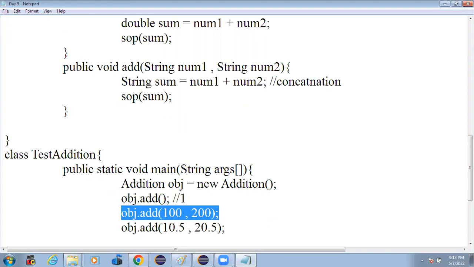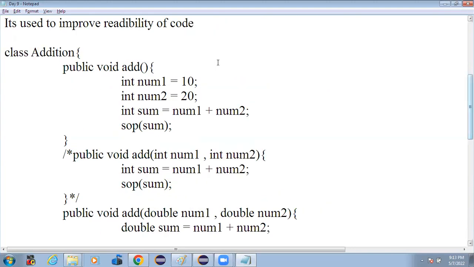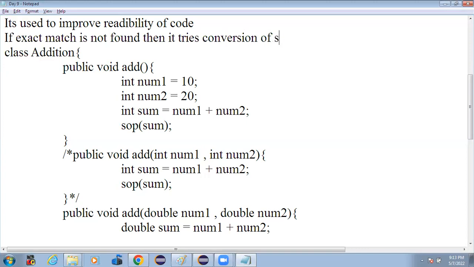So I can say about this that if an exact match is not found, then it tries conversion of a small data type to a bigger type. That means what? See, here we have written